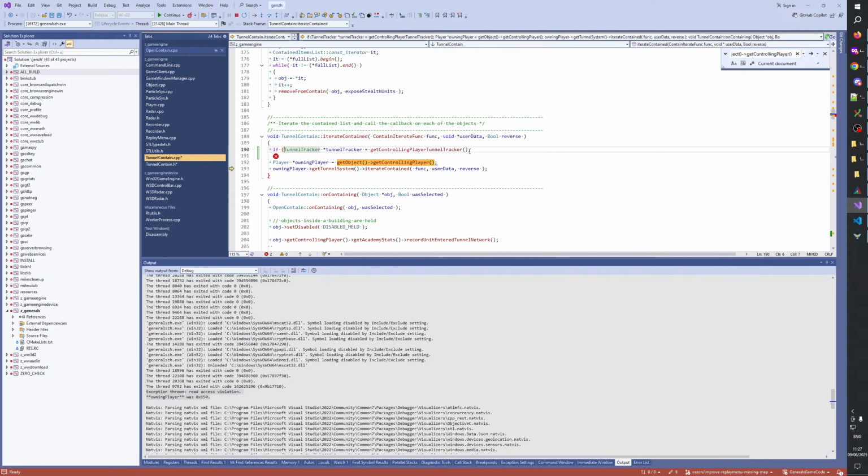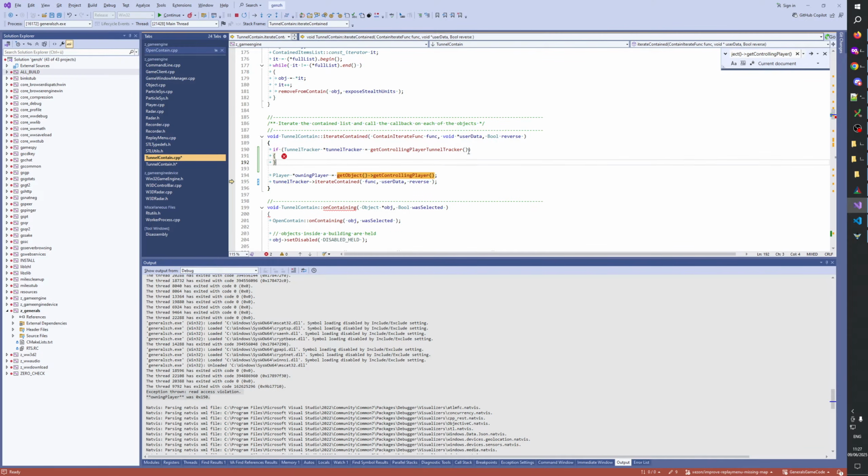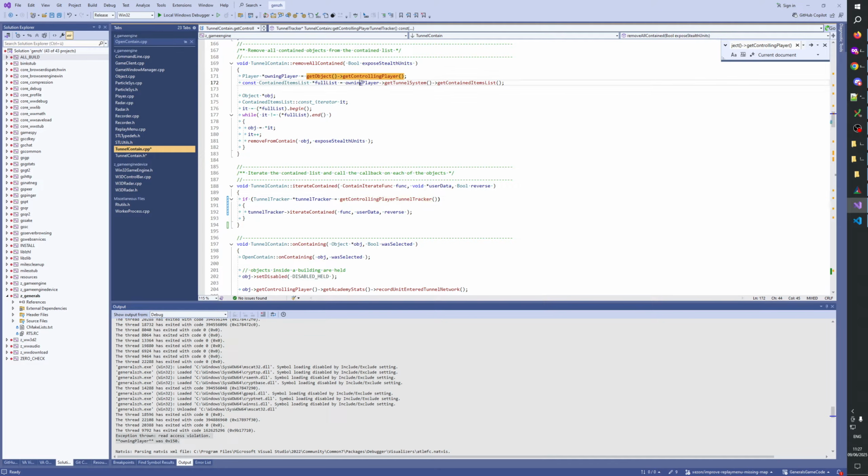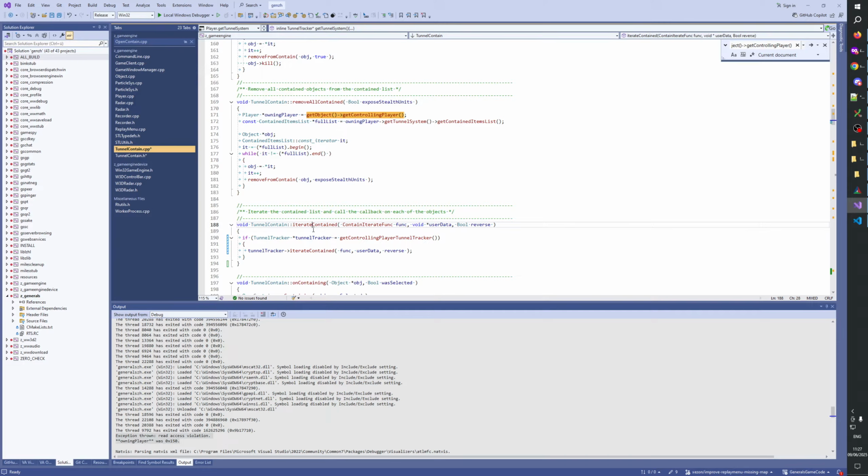If tunnel tracker, iterate contains. There we go. And then I think we can do the same for all the other places. Maybe. But maybe the